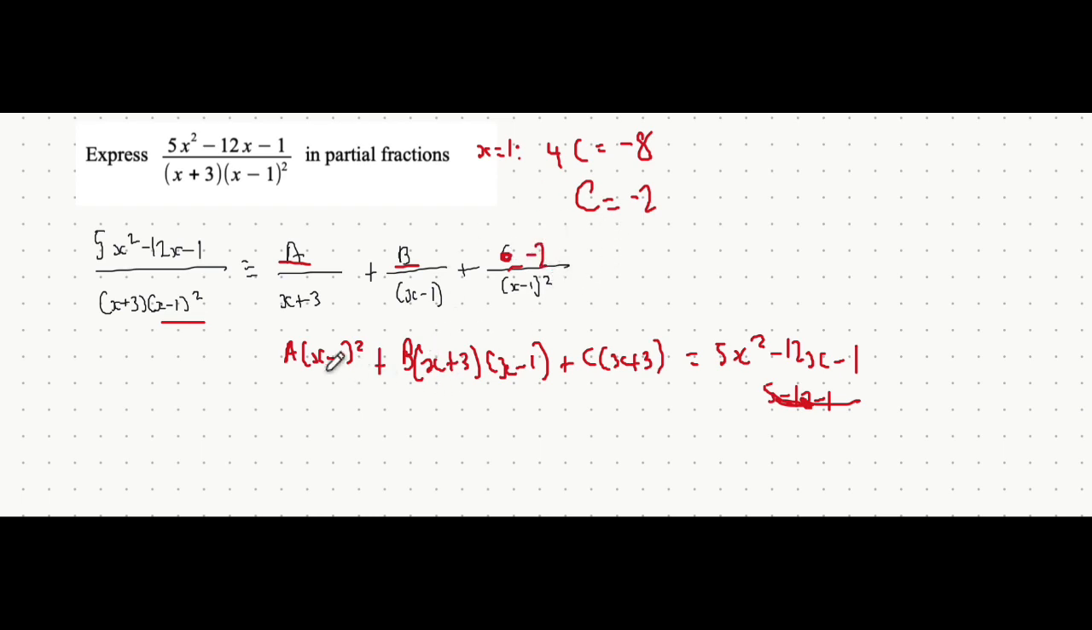Now let's substitute in a different value of x to eliminate another few terms. We can do x equals minus 3. And when you do that, the b term will cancel out, the c term will cancel out. Minus 3 minus 1 is minus 4. Minus 4 all squared is 16. So we have 16a on the left hand side is equal to,